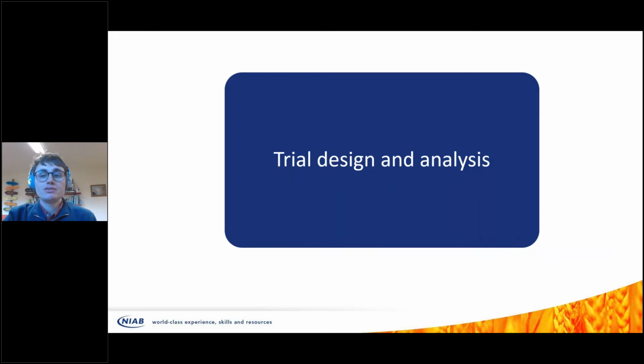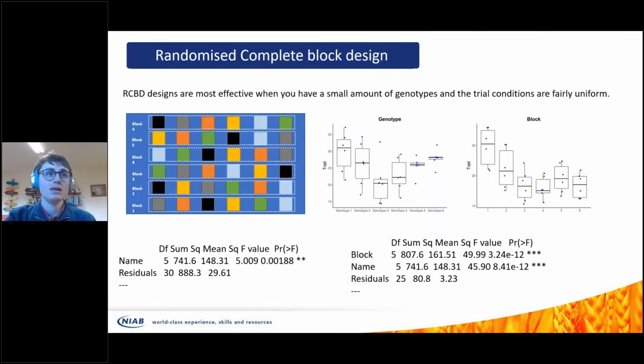So that's a brief introduction to the benefits of experimental design. Now I'll talk about trial design and analysis. Randomized complete block designs are effective when you have a small number of genotypes and the trial conditions are